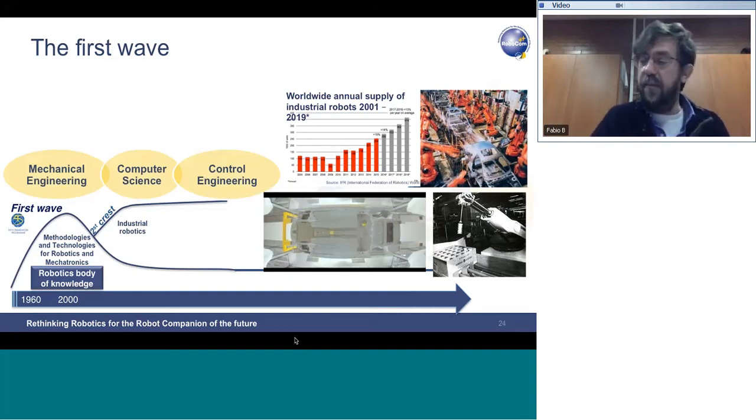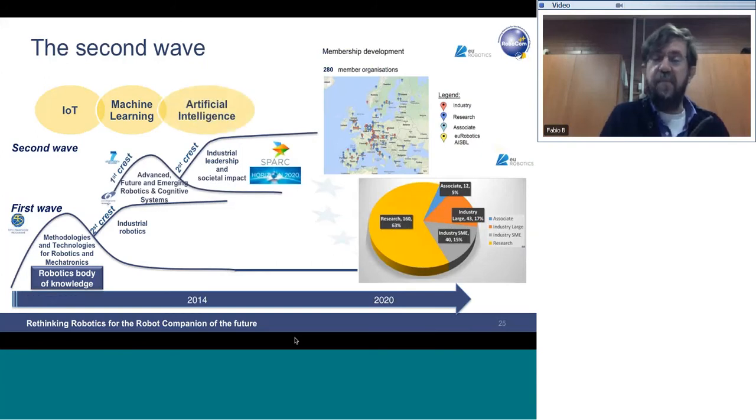So the idea, shared, I would say, not just by me, also by our institute, but by many other people, is that we have a kind of waves in robotics development. The first wave, which was and is extremely successful, exploits knowledge of mechanical engineering, computer science, meaning algorithms like Dennett, and good old-fashioned control engineering. Most industrial robots, believe me, have simple linear control. And that's why they need to be extremely reliable.